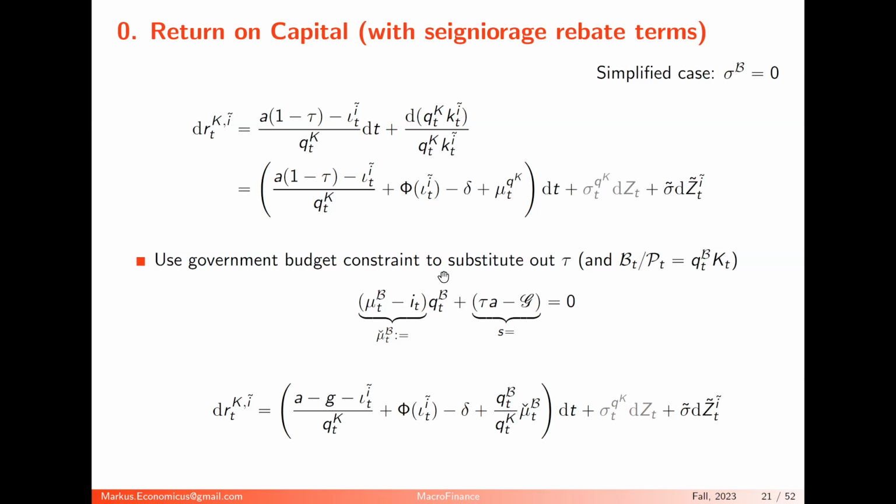Now, this is just the government budget constraint we had before. I just divided by K, so the K is gone on both sides. And I also divided by the real price level. So that's now the real government budget constraint. Remember, we had this multiplied by K and then multiplied by the price level. So this would be Q^B times K, and this would be script B over the price level. So I got rid of the price level here. That's the real thing.